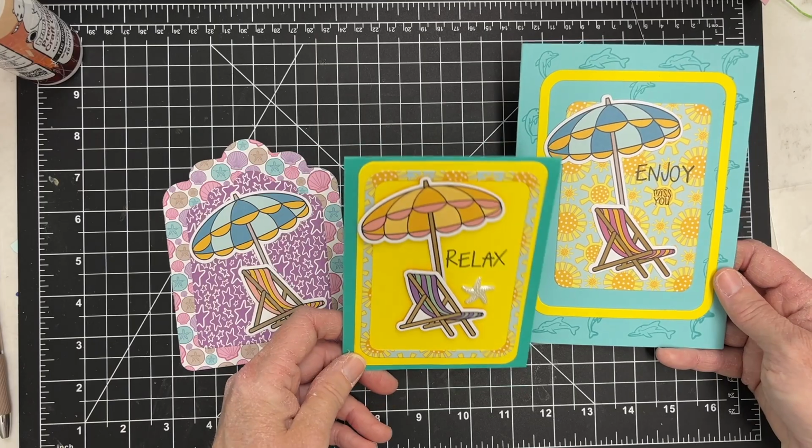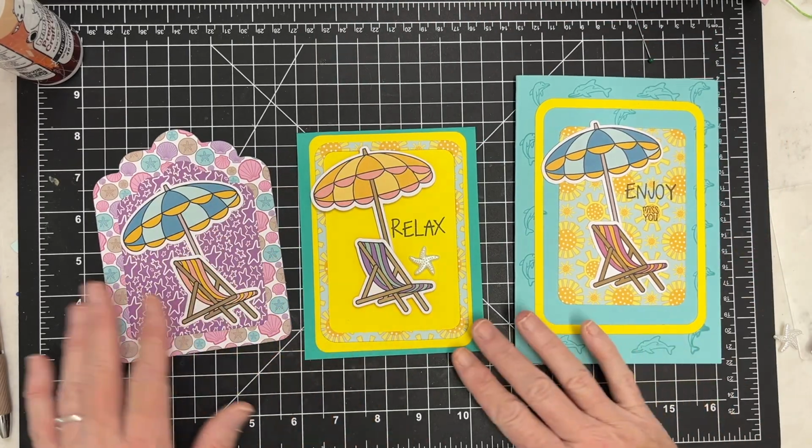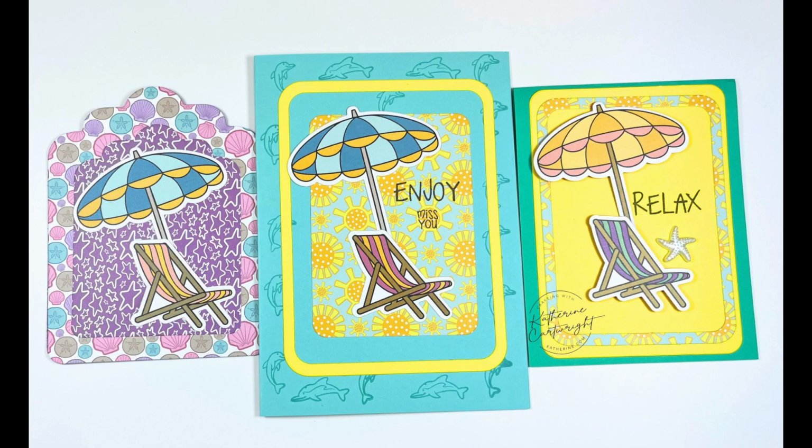Okay, so here again are the other two cards that I made using those dies. So just from two different sets at Michael's, and check back. I'll have some more videos coming up with some of these other dies, and